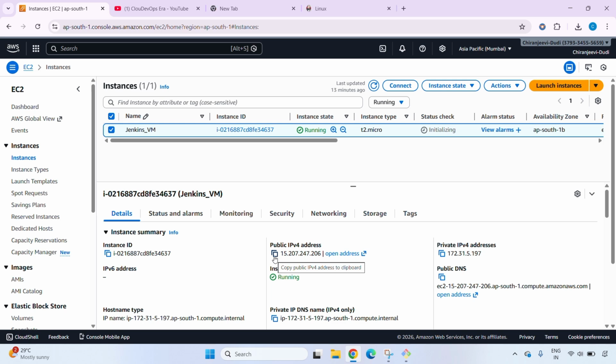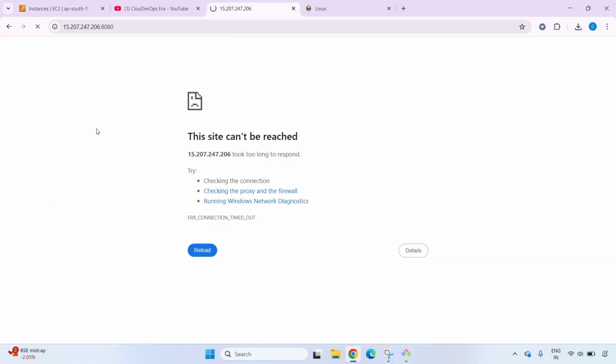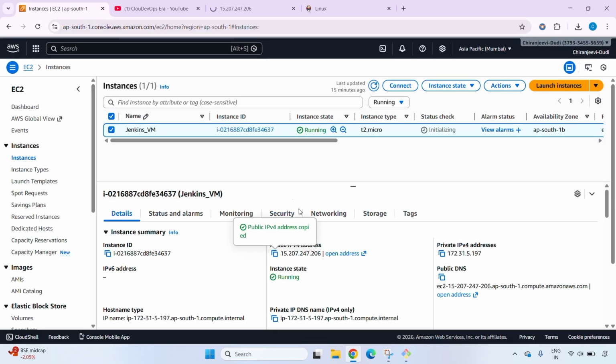So now let's use this public IP and connect to our Jenkins. Basically, Jenkins' default port is 8080. So let's use that port. Now we are not getting the Jenkins page to log in. The reason is that we have to open that port in our inbound rules. So if we go to the security part,